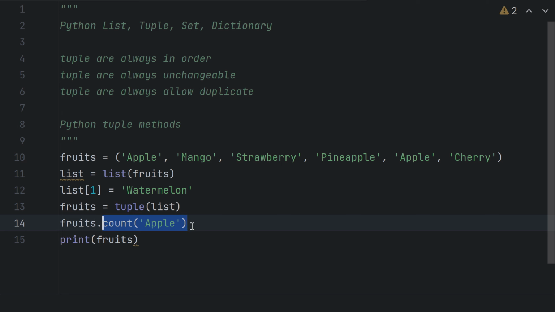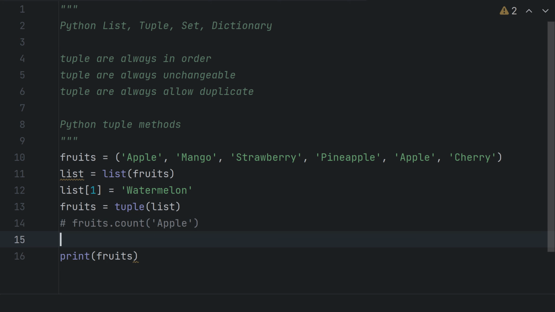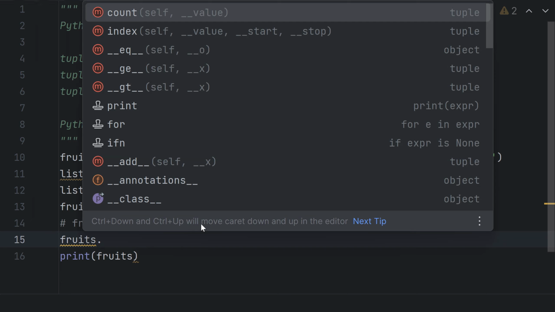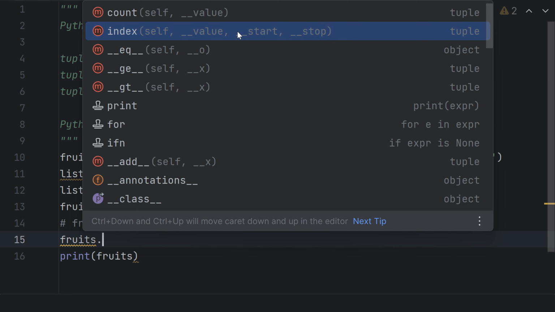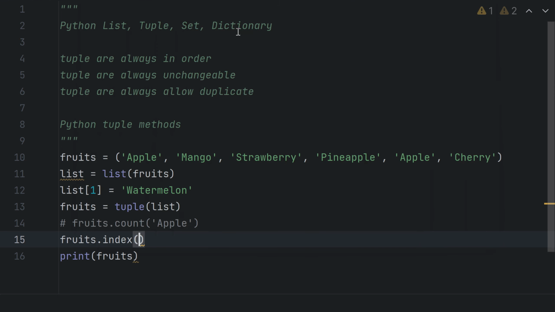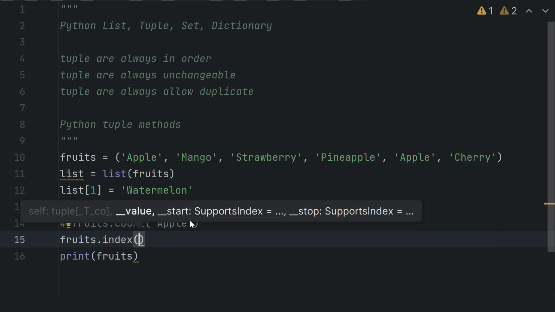Now the second method that we have in tuple is fruit dot index. That means you want to search for the index number of, but you can only